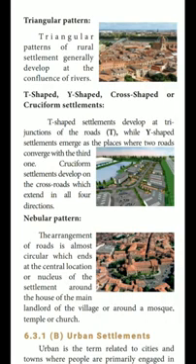Okay. So this arrangement of road is almost circular which ends at the central location or nucleus of the settlement, around the houses of the main landlord of the village or around a mosque, temple or church. Do you understand? So how many patterns of settlement? 7 patterns. What are they? Rectangular pattern, linear pattern, circular or semicircular pattern, star-like pattern, triangular pattern, T-shaped, Y-shaped, cross-shaped or cruciform settlement, and last one is the nebular pattern. These are the rural settlements.